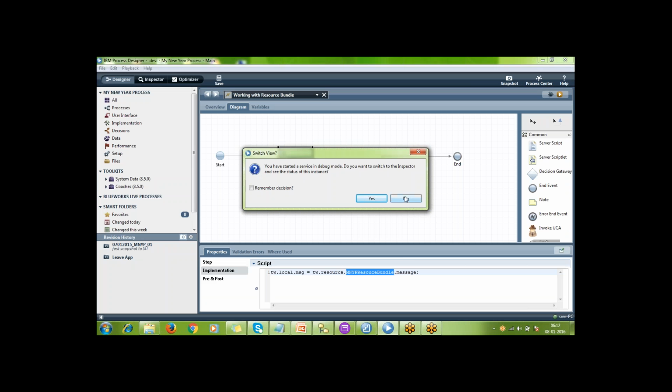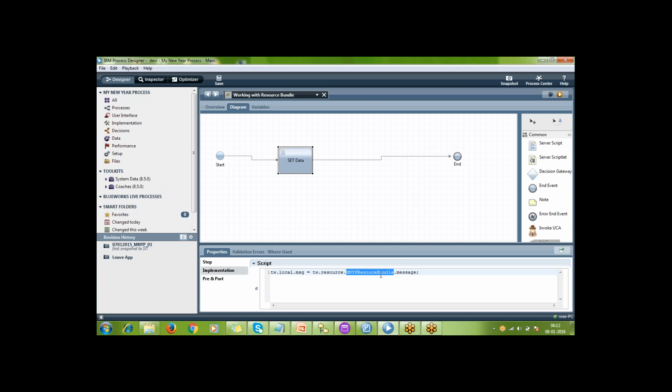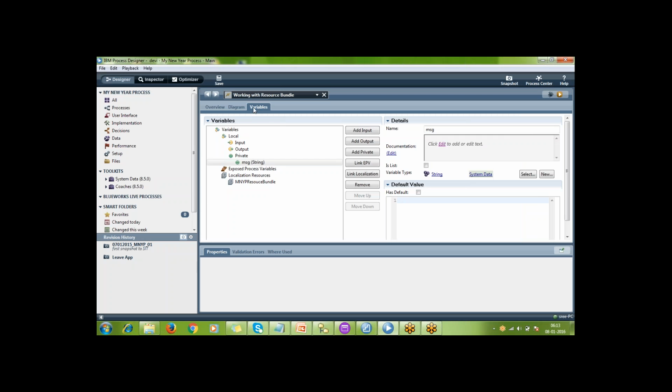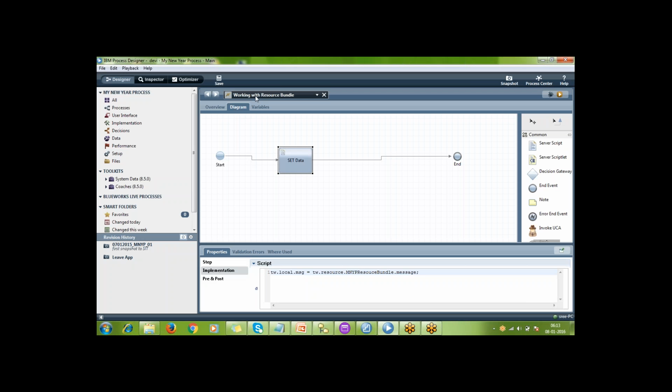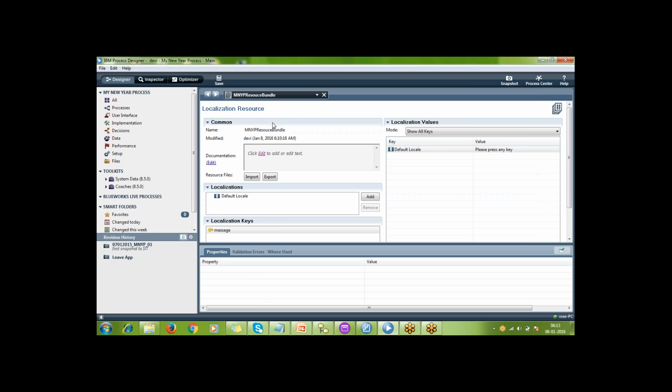Okay, this is how to use the resource bundle. If anybody asks you to use a resource bundle in order to avoid hard-coded values, in this way you have to click and in this way you have to use it. But purely speaking, most organizations don't use the locale concept for this purpose. They will use it for changing the language settings. In the sense of language settings, this resource bundle is also useful.